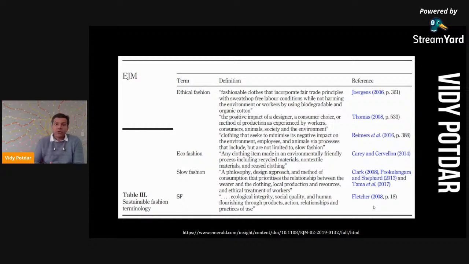The way to identify how many tables you need, or what you need, is looking at what other research papers in your field are reporting and then incorporating that